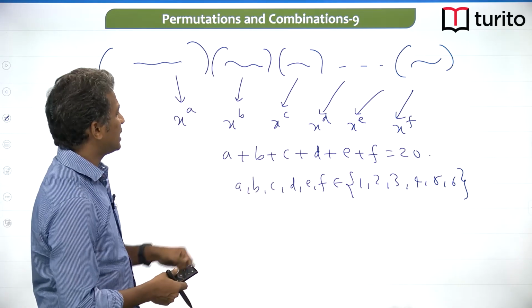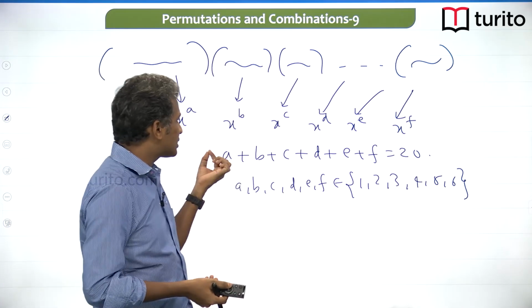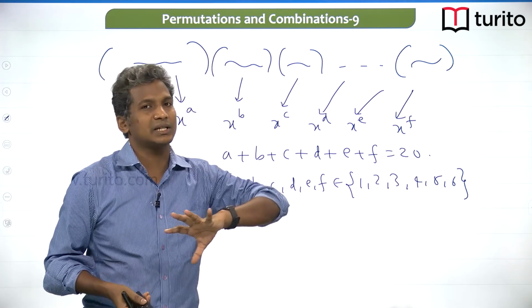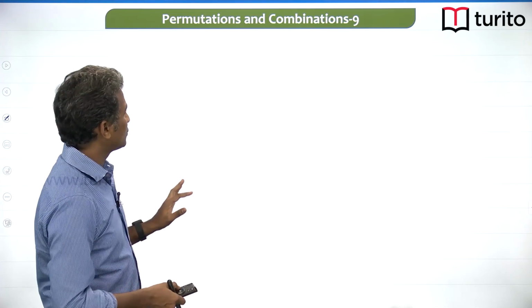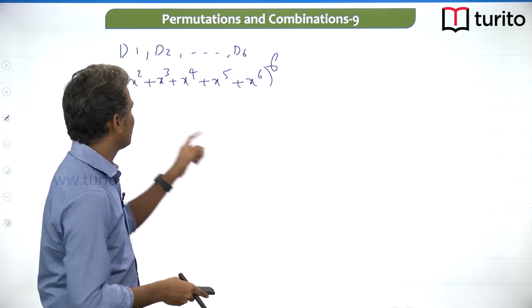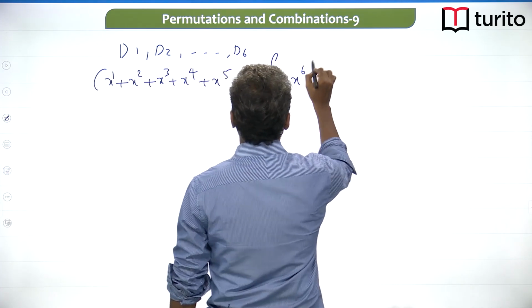That is why we are calculating the coefficient of x raised to 20, because we want the sum of all powers to be 20, which means the sum of all outputs of all 6 dice to be 20. So, we are basically going to get x raised to 20 from here. How do we do that? We can take x common first. So, we will write it as x raised to 6 into